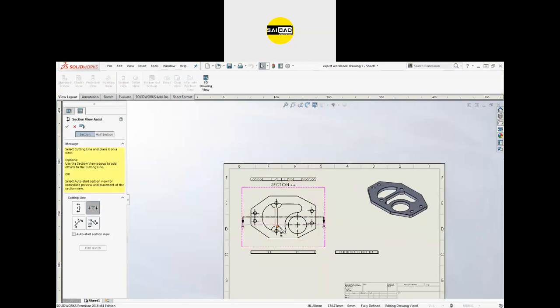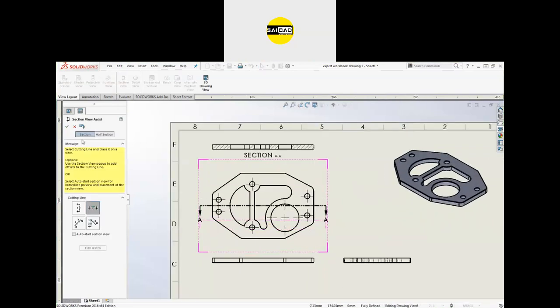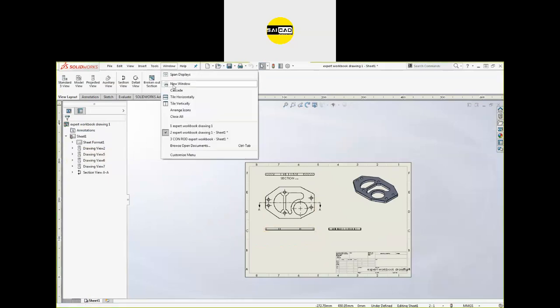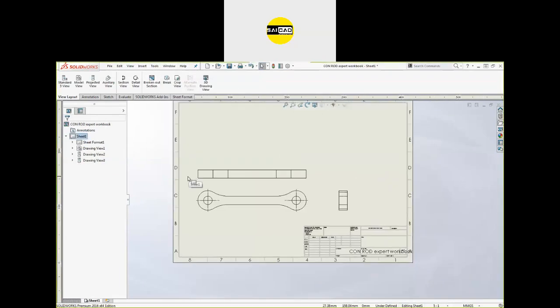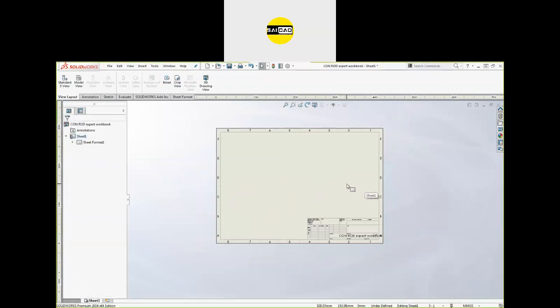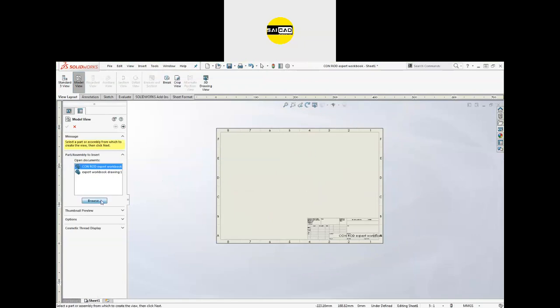Okay, if you want to create a section according to some different offset section like that, for that just go to another file. We want some other part here so that I will be able to show you the meaning of different views. So Model Item, go to Browse.